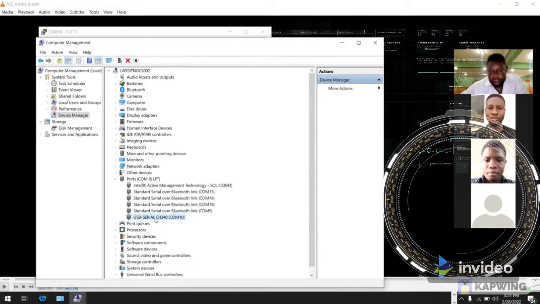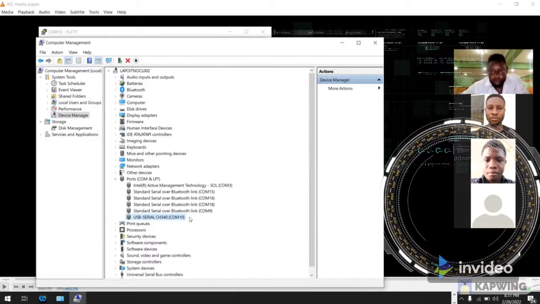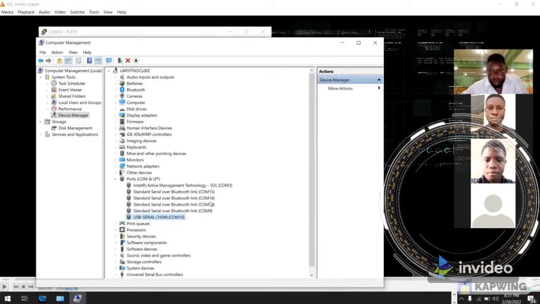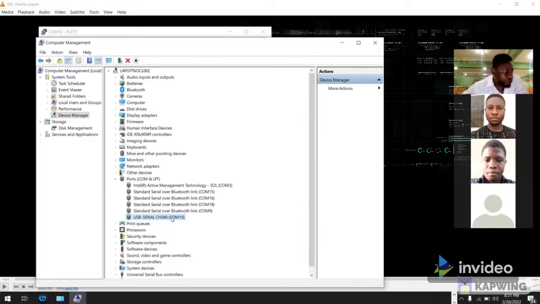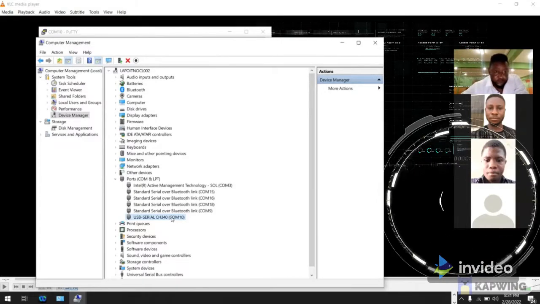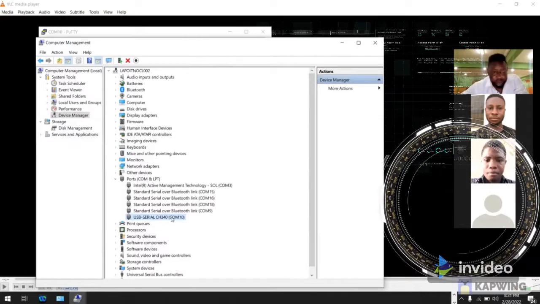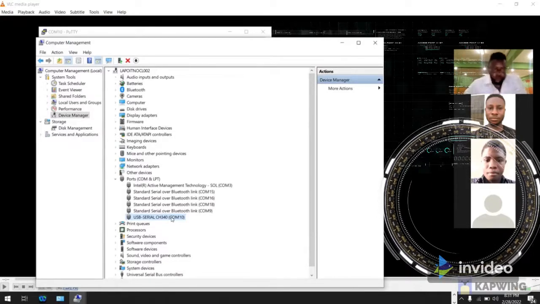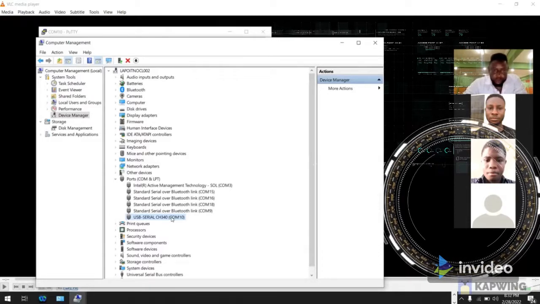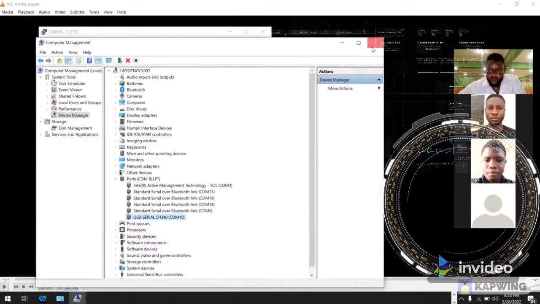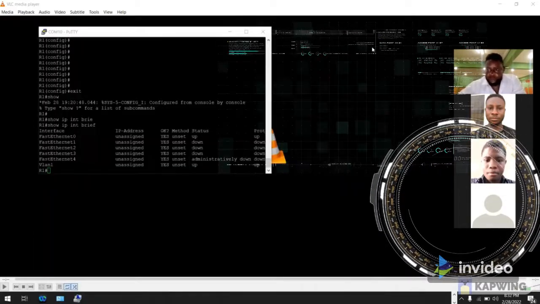So this is the USB serial COM number, the communication number. It's COM10. After you have done this, you plug your serial cable into your laptop, come to Device Manager, and check for the COM number, that is the port number. So once you are through that,